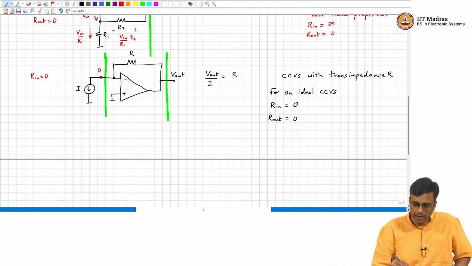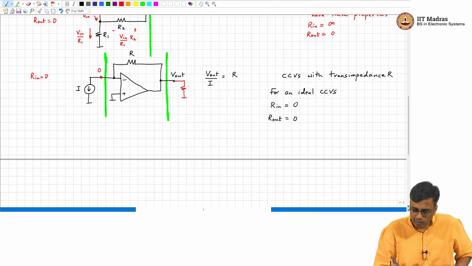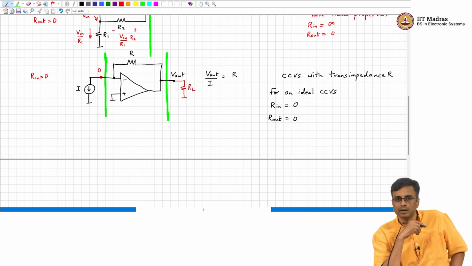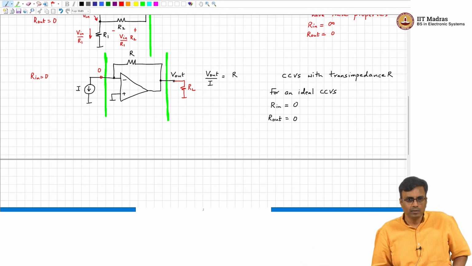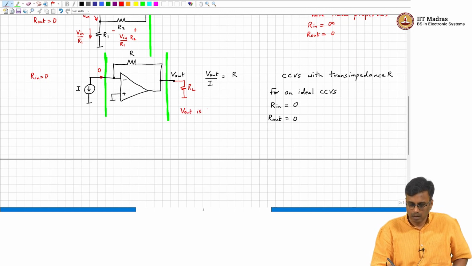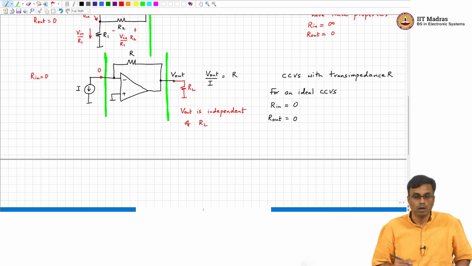All right. And now, to find the output resistance, let us use what we just learned. We put an RL there. What is the output voltage? Output voltage is I times R. Does it depend on RL? The output V out is independent of RL. And therefore, the output resistance is